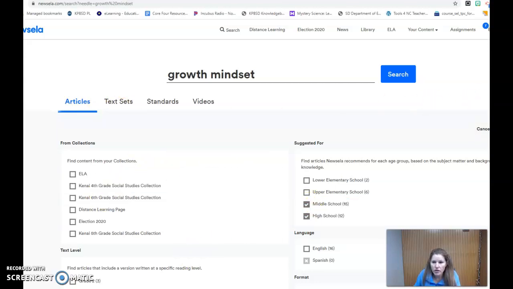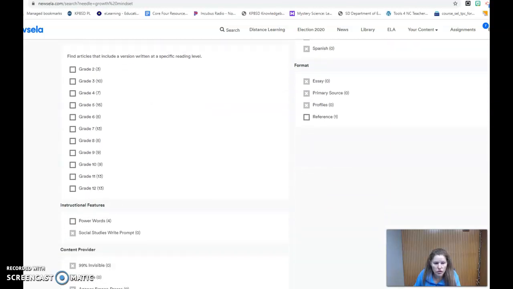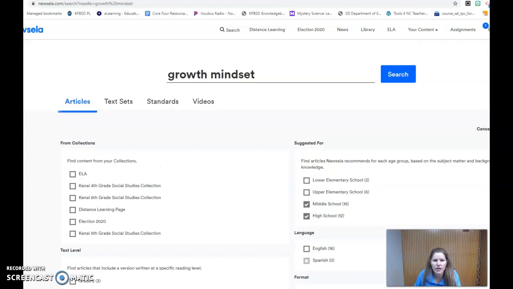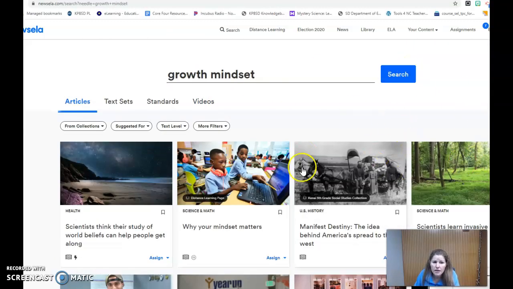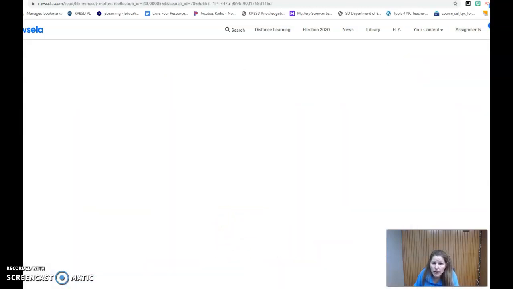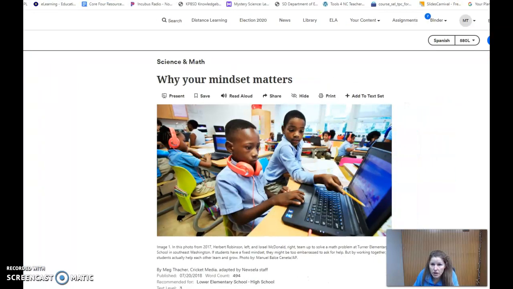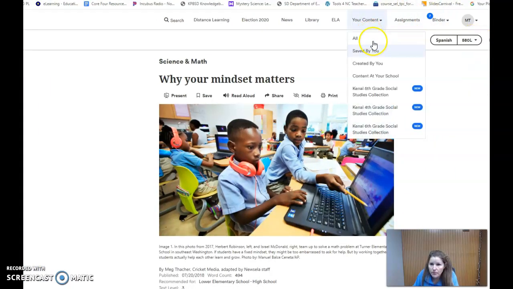There's lots of different ways you can drill your search down. You can narrow it down to certain things that you're specifically looking for, but I think that's fine. Let's just see what's out there. Let's say you find something that you like. When you click into it, you can adjust the reading level,